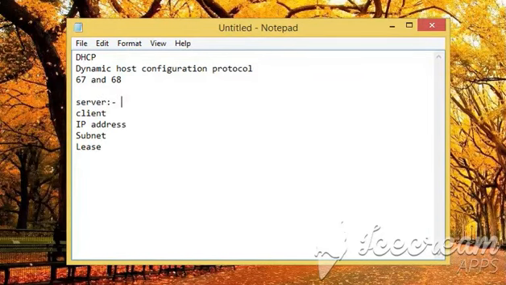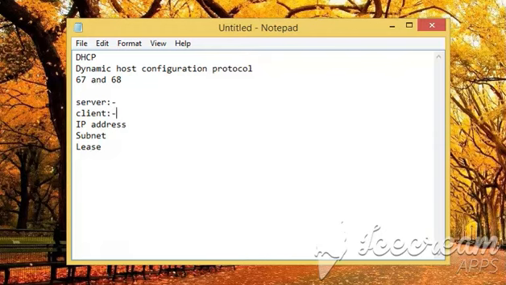A DHCP server is a network device running the DHCP service that holds the IP addresses and related configuration information. This is most typically a server or router. Next, the DHCP client. A DHCP client is an endpoint that receives configuration information from a DHCP server. This can be a computer, a mobile device, or anything that requires connectivity to the internet.